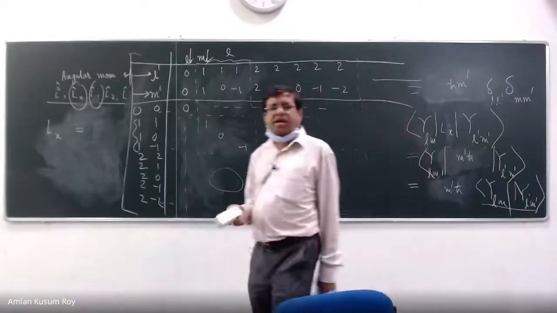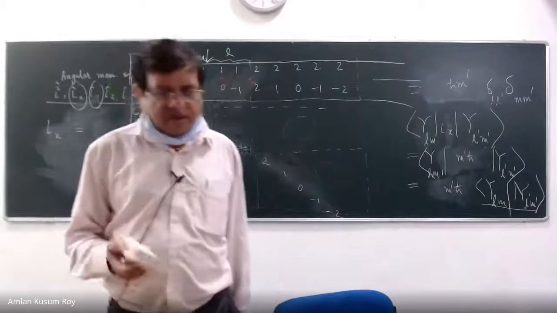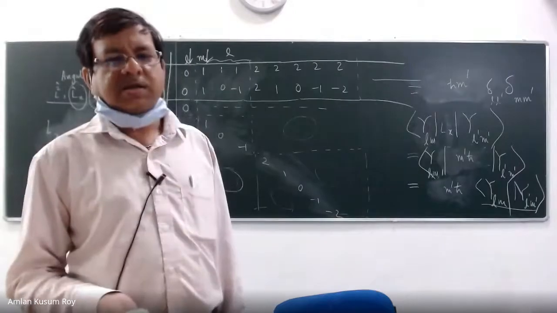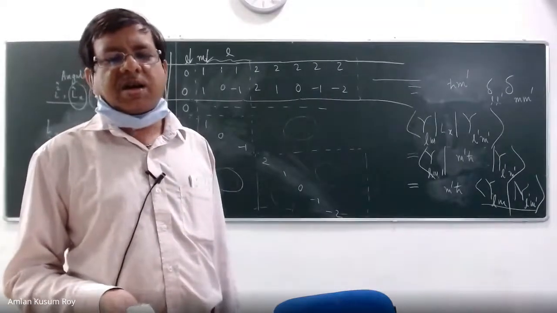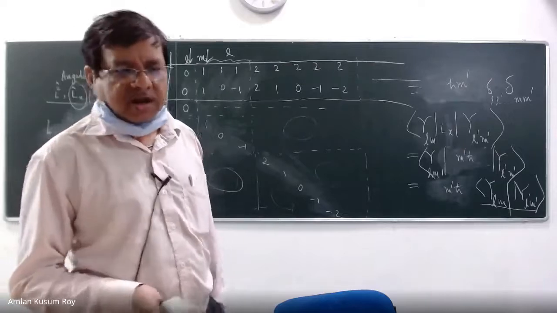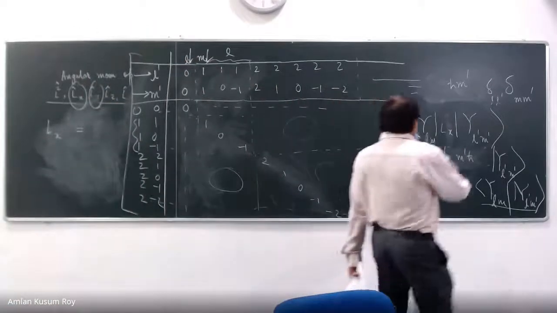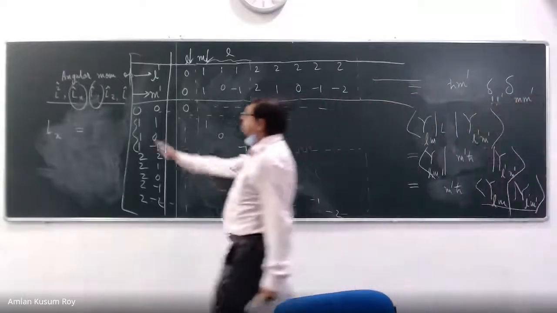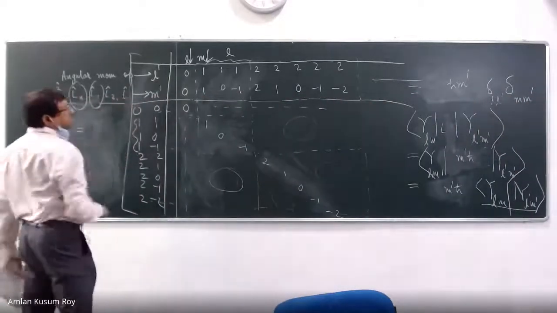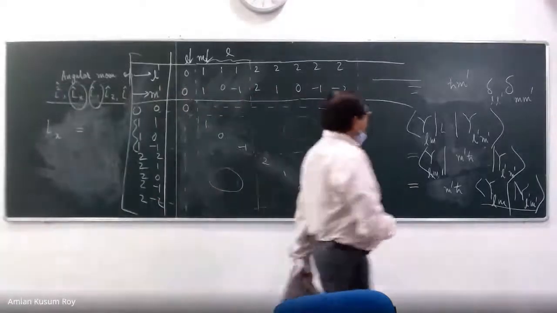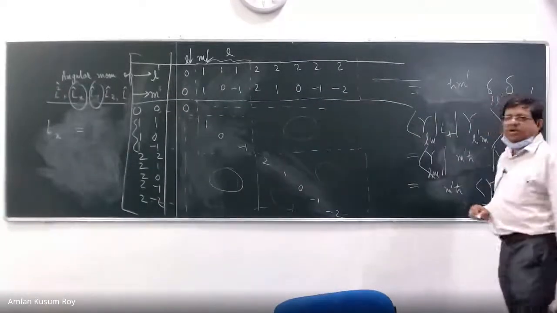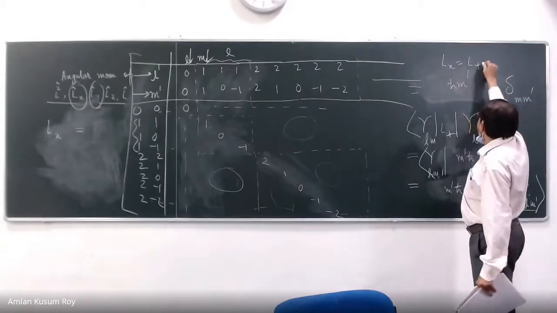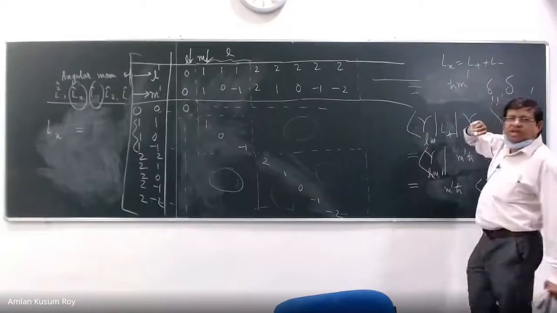So that is why every time you have a question for Lx and Ly, you have to come to L plus and L minus. That is the reason you have read ladder operators. The ladder operators are our tools to deal with Lx and Ly. That is why before I wrote Lx, Ly, I also wrote L plus, L minus. So in order to do this Lx, L plus, you need to work out what is L plus. Then it will be easier because you have said that Lx is equal to L plus L minus. Realize?